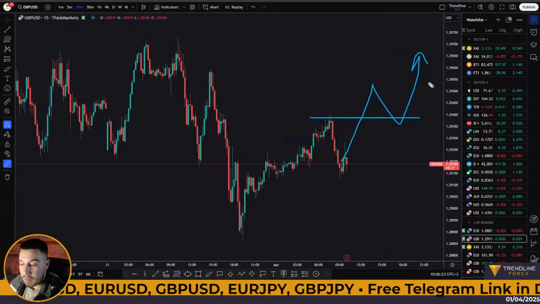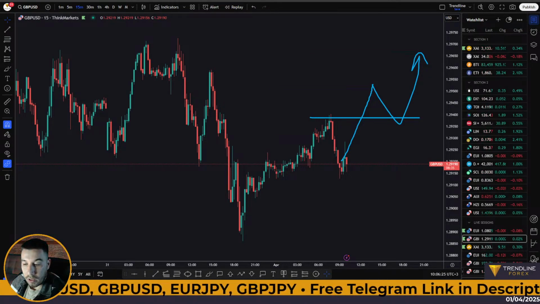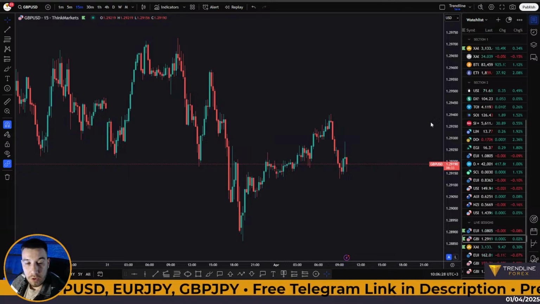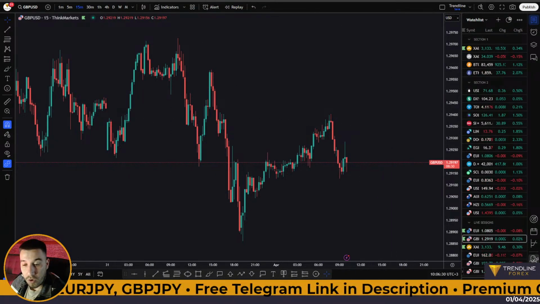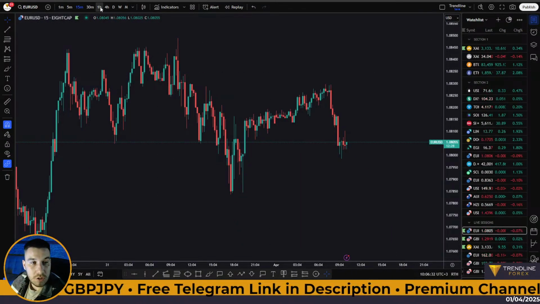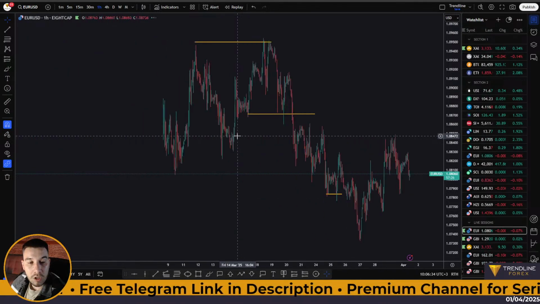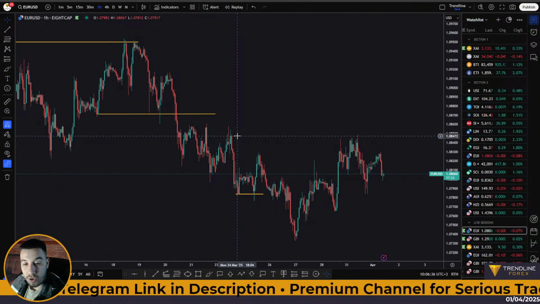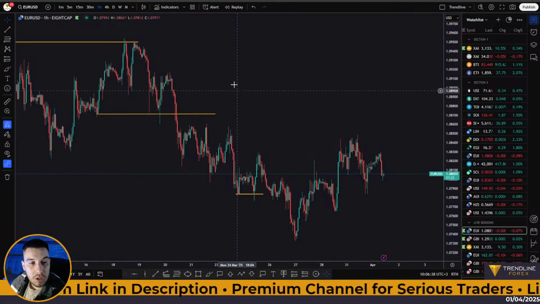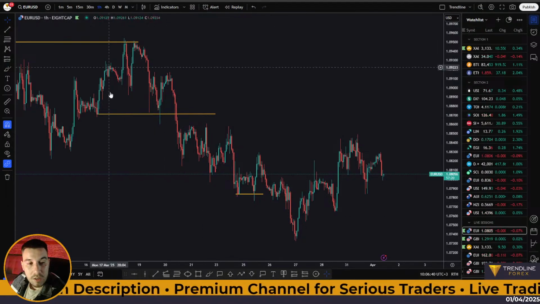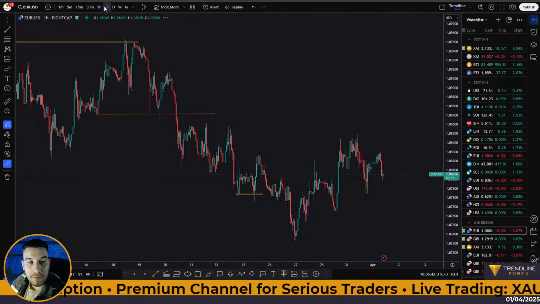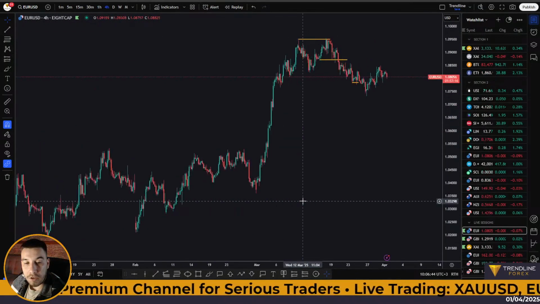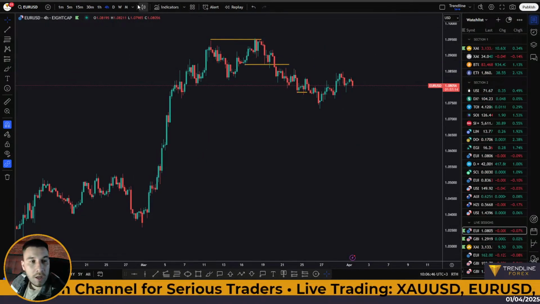Of course, you guys let me know in the comment section, what do you think? Are these valid setups for you? And are you actually bullish on the majors? Because I feel like some people are looking to potentially short right here, but you shouldn't be looking at this price action only. You have to look at the bigger picture. So, anyways,